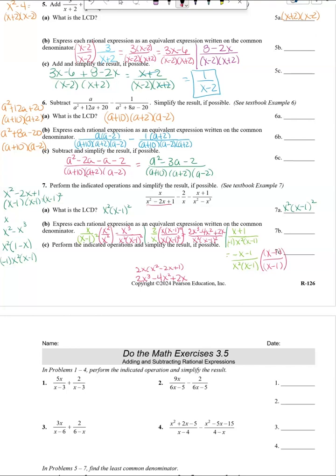Okay. So what that is going to give us is negative x minus 1 times x minus 1, which is going to give us negative x squared. This is going to be plus x, plus x. And then this is going to be minus x plus 1. So negative x squared, these cancel, and then